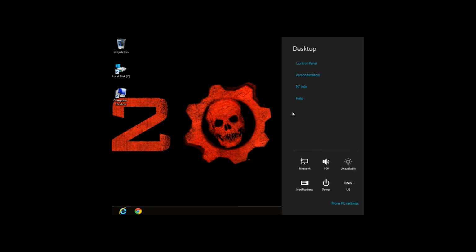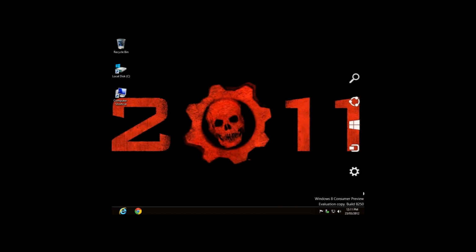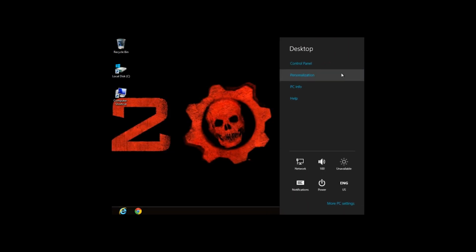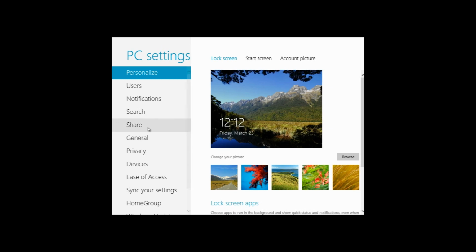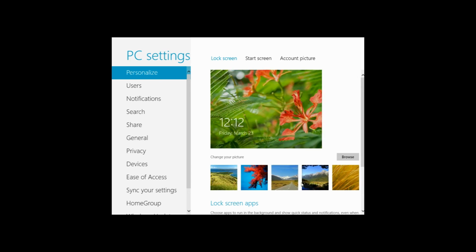So we'll jump into settings for a moment. So a few other things. Another access route to the control panel. Personalization, PC info, right, and the rest. If you go to more PC options, it comes up with the big list of stuff, including how to change your login screen's background,